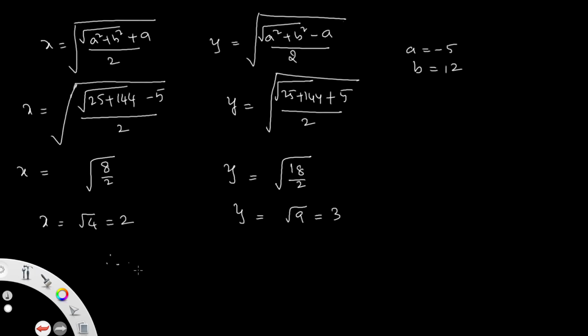Therefore the square root of minus 5 plus 12i is plus or minus (x plus iy). This last step, don't forget to write it. So that is plus or minus (2 plus 3i), the square root of the given complex number. In the formula, x has 2 and y has 2: x equal to the square root of (root of (a square plus b square) plus a), and similarly y is replaced by plus and minus, that's all.